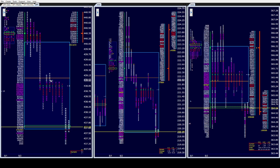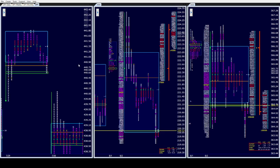Now, I fully expect us to test the balance low going into tomorrow, but that doesn't mean the end of the world. Again, the monthly low is the key. As far as destination, upside, today's L's low, 438.07, price probe. Then the single prints, 439.23, from H's high, they get filled at 68, B's low. Then we don't have anything to the day's high of 440.93